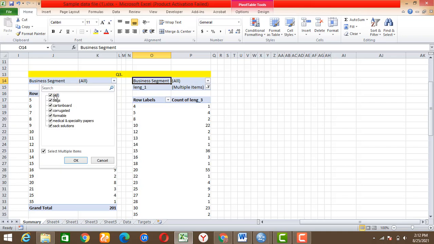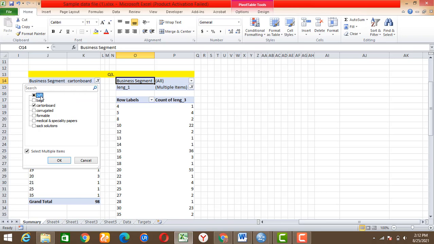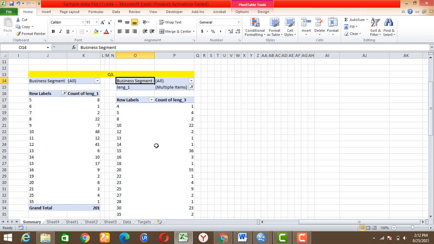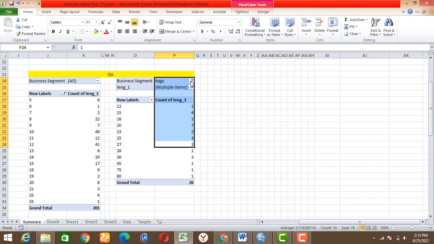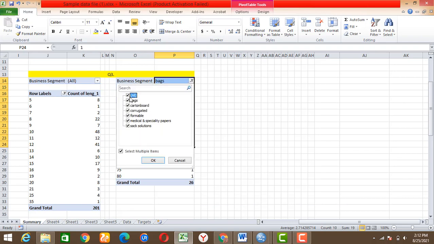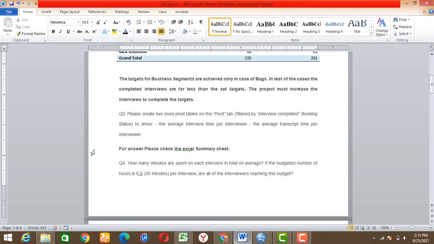If you select any of the values, for example if I want to see the cardboard, when you click cardboard you can see that the values are changing. Now if I want all the values, I select all. Again it's the same: when you select on the business segment, the values are changing. So this was all that was needed in question number 3. Similarly, in question number 4,